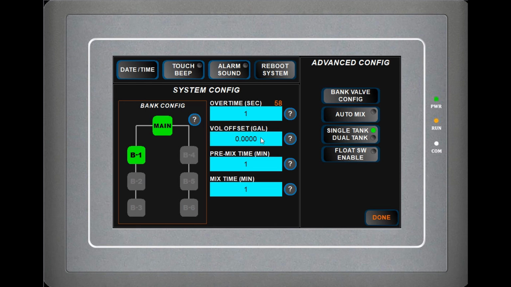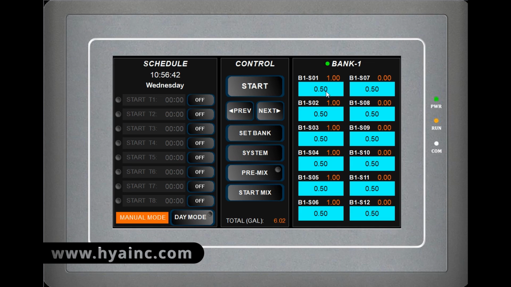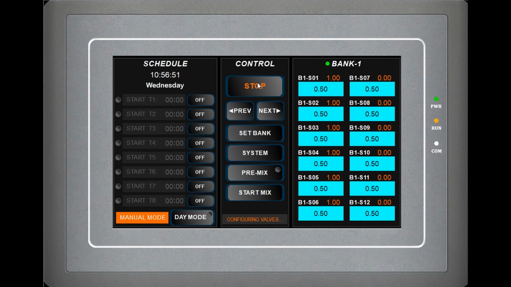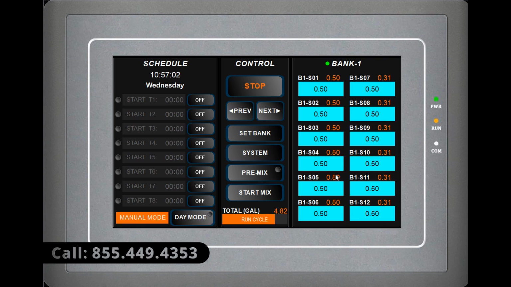Offset in gallons. So this is a simulator. What you're seeing right now is, if I say I want to start a run and give a half gallon to each plant, the simulator is super accurate because it's all solid state and switches fast. So when I say 0.5 gallons, it's 0.5 gallons, that's it. But in real life, on a real system, it takes a little time for the valve to close,